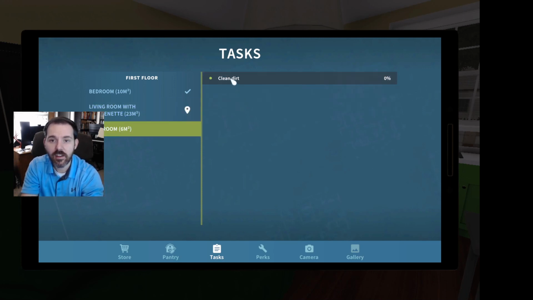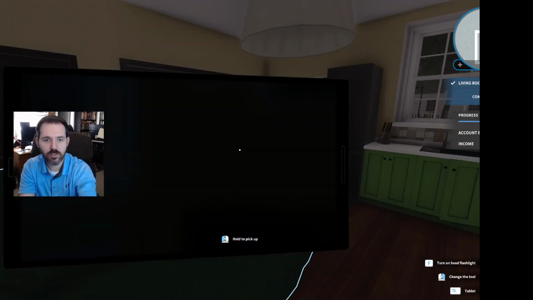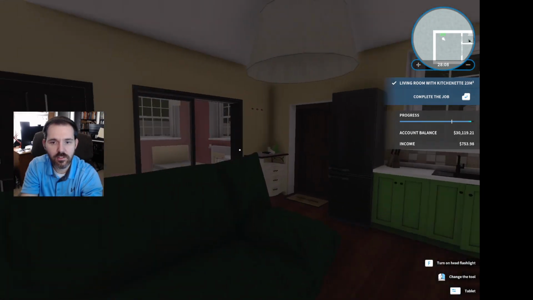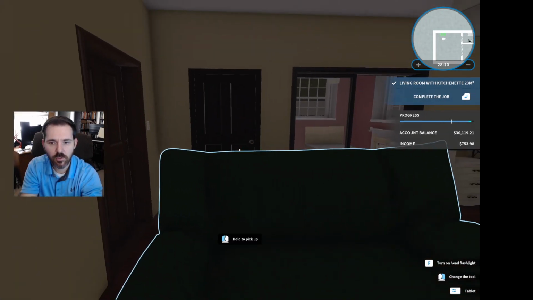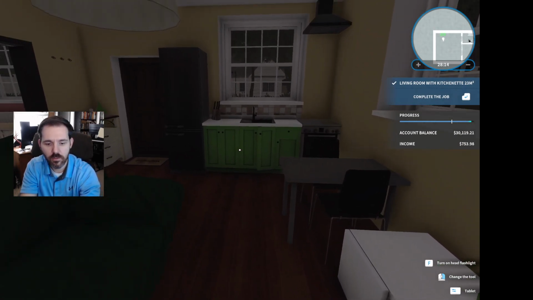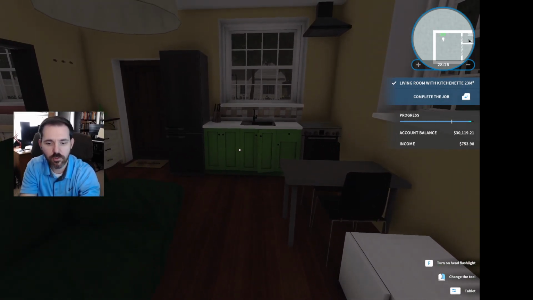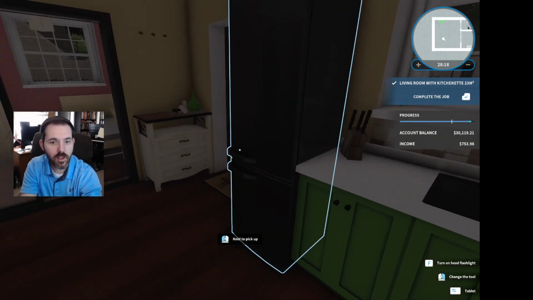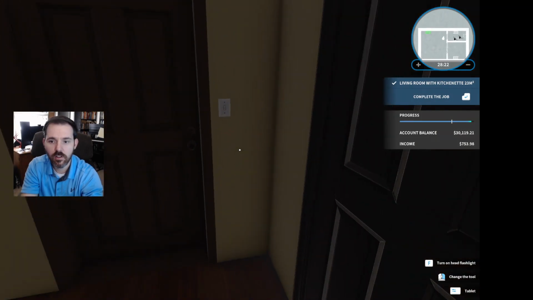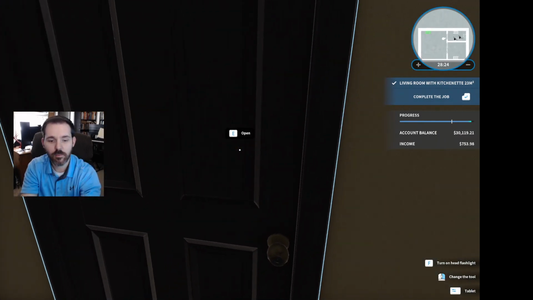All right, and in the bathroom, we need to clean the dirt. So let's find the bathroom. I did not see that there was a bathroom, but I assume the bathroom is going to be through this door. You have to have a bathroom, right? Where are the people going to go if they have to use the bathroom? I guess they can go in their yard. The grass is very high and nobody will see it.